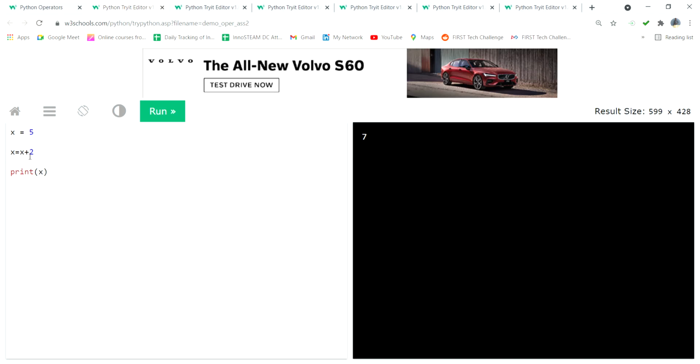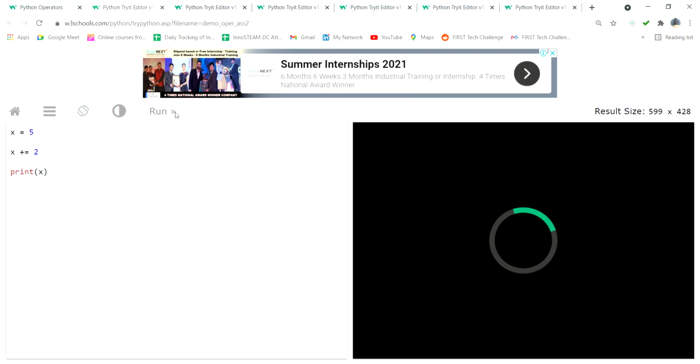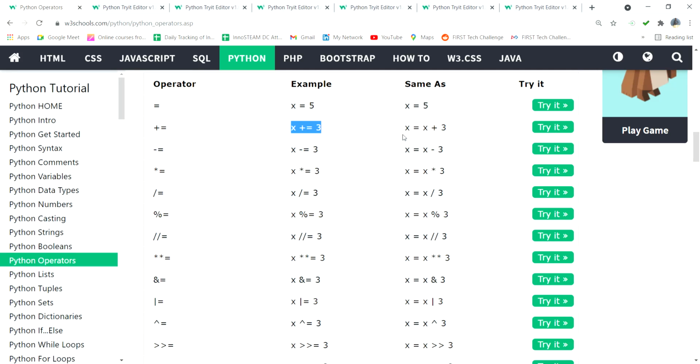So instead of this x plus 2, I can put simply x plus equal to 2. Now also the value will be the same. Python automatically takes it like this. If you write the program like this, it automatically takes x plus 2 only. So this is the short form of the program. Is this understood, or do I need to explain one more time? Simply, this is equivalent to x plus 3. You can simply write x plus equals 3 like that. You do not need to write x, this x plus 3. That is the only one thing.